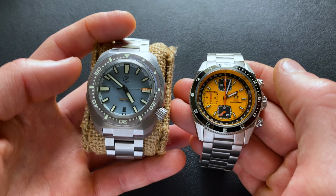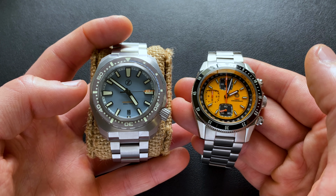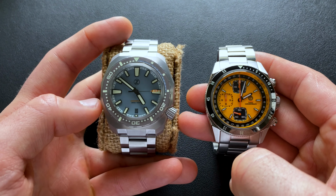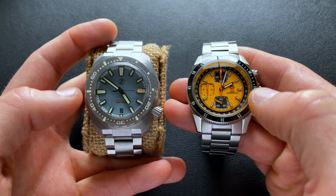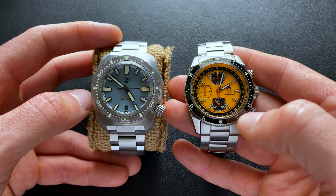Next up, here it is next to a larger watch, and this is kind of going in the opposite direction. So this is the Zelos Hammerhead, Hammerhead 3 in titanium. And as you can see here, this one's a 44 millimeter case. However, it does have a smaller dial. And as you can see, in terms of overall presence, I think the case presence of this, for being a